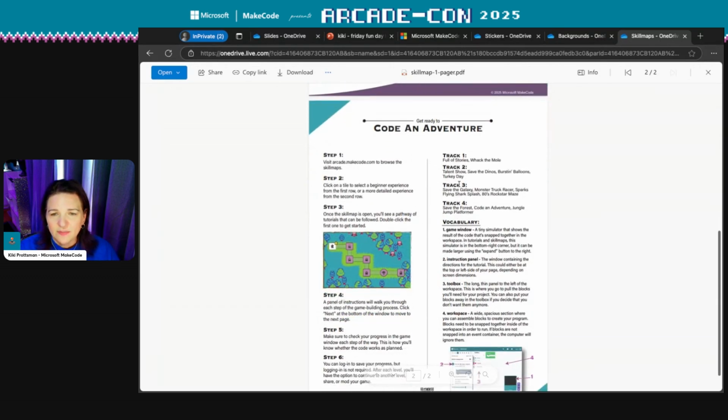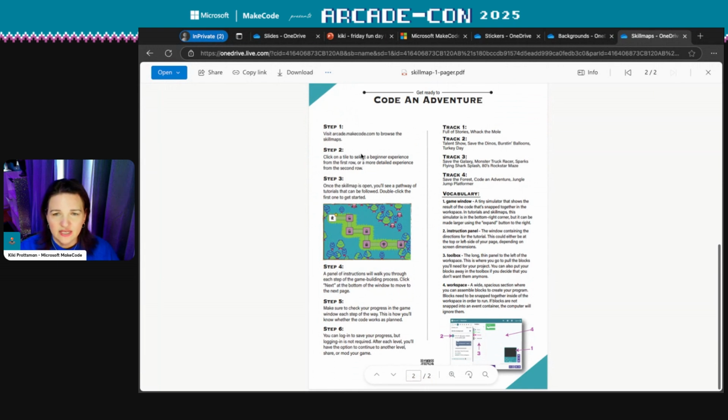And then it talks about just how to guide the students in a skill map or tutorial. It encourages you to go in and choose one together and then get it started, shows you kind of how to navigate through the skill map, which we did a session on earlier. All of the sessions will be posted on the Educator YouTube channel as soon as we get them sliced up. And then talks about kind of the level of each of them.